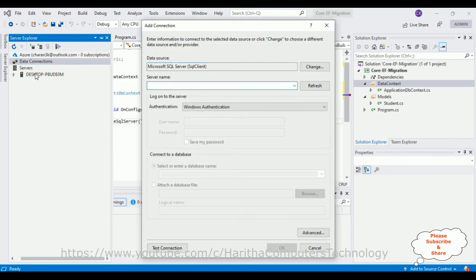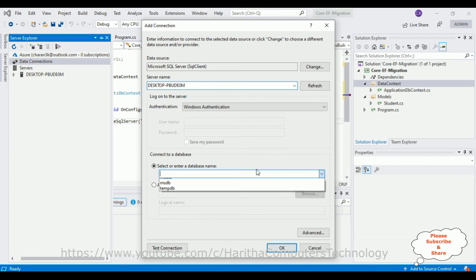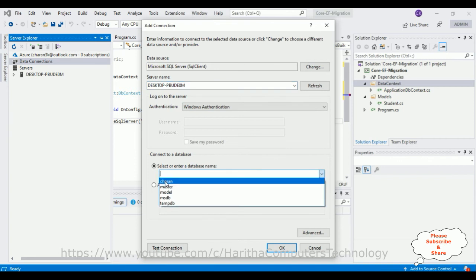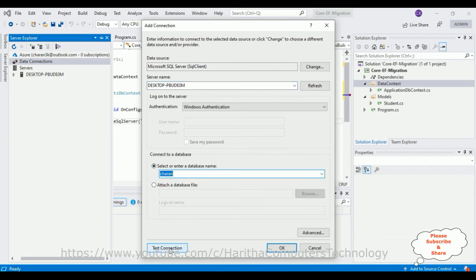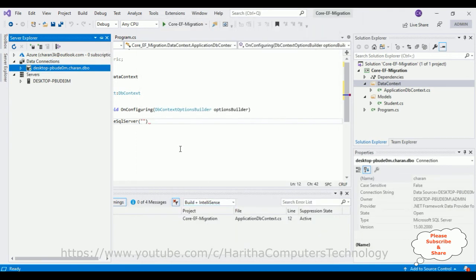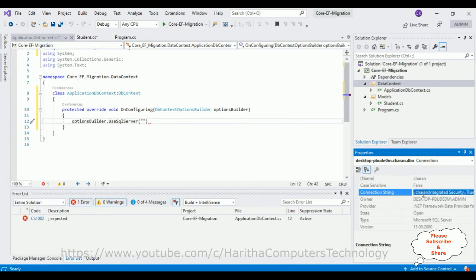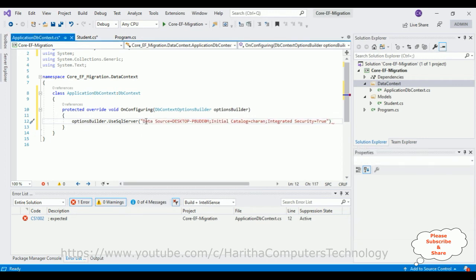My SQL Server name is this one, desktop-pbudeom. After that I'm selecting the database which we have created, Charan. Click test connection, it succeeded, okay. And now let's get the connection string of this database. When I select this database, notice here in the properties there is a data source. Copy that and simply paste here. That's it. And add the @ symbol,